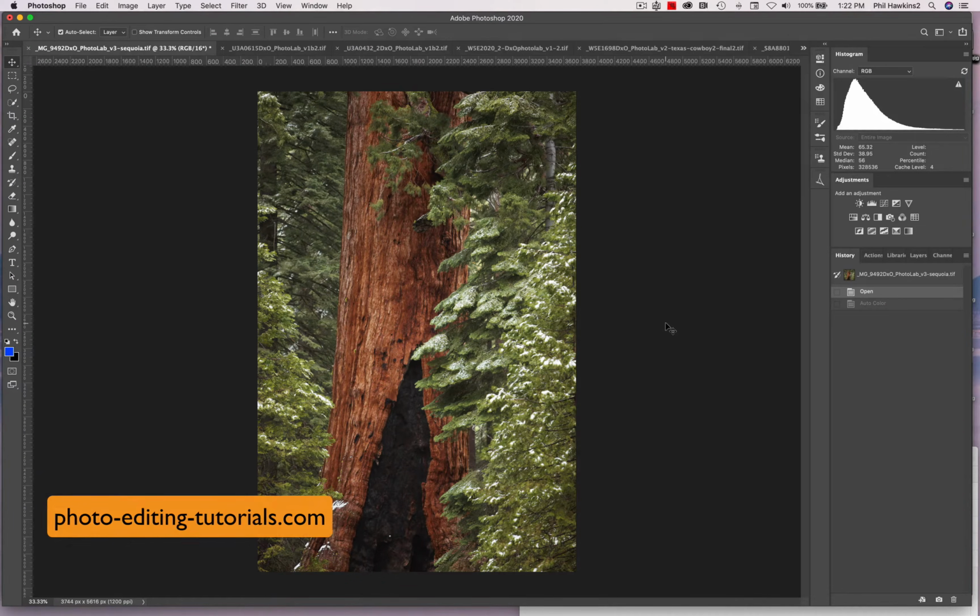All right, now we're going to take a look at how to adjust brightness and contrast in an image. But before we get hip deep into that, let's take a look at the histogram in the upper right-hand corner of the workspace. Now, for those of you who are familiar with the histogram, you can go ahead and skip forward in this lesson. But if you're not familiar, the histogram is a visual graphical representation of the brightness